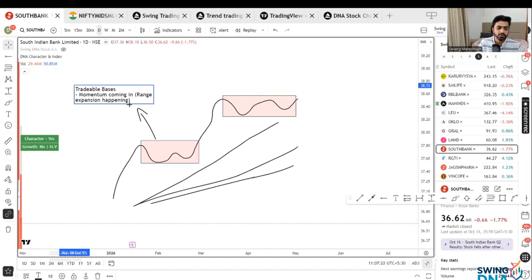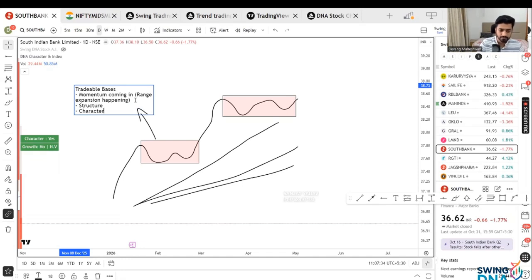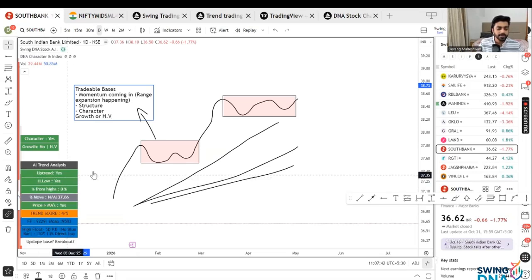Plus, the stock should have other things which we have learned. It should have a good structure. It should have a good character. Okay. Then growth or high volume. Typically, all these things in an uptrend, then you have the structure,